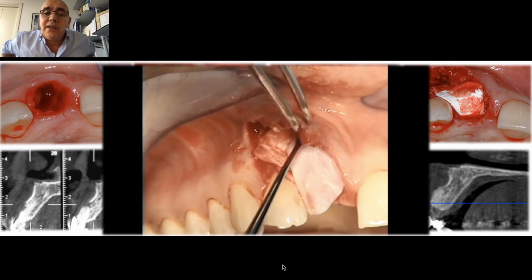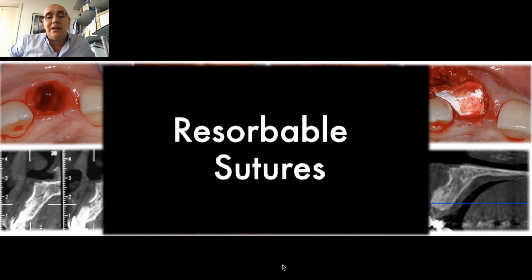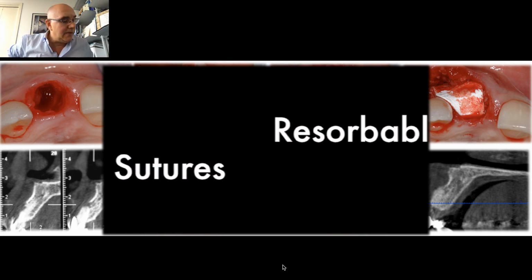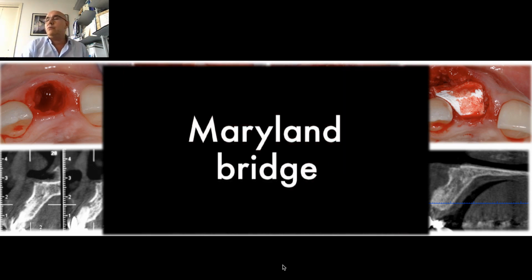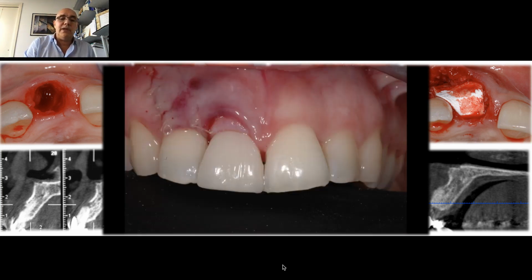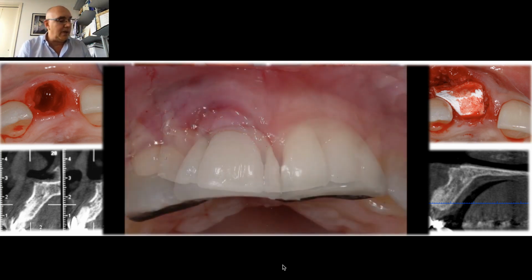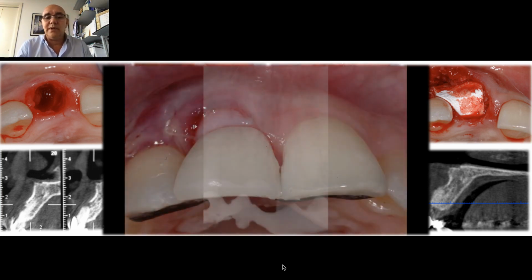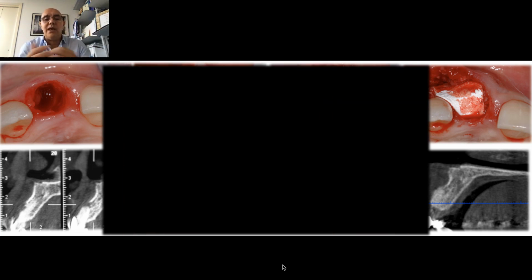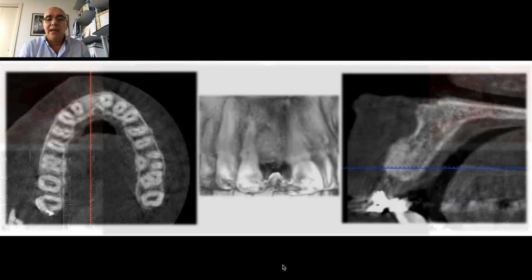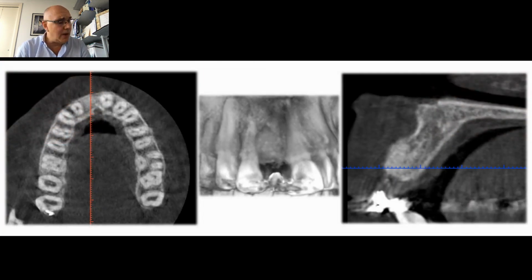See, we help each other with a tunneling knife. The tunneling knife is very, very useful in this situation, and with the resorbable stitches we set up the case, and then we just bond a Maryland bridge for the patient to go home and to see the bulk we created. You can see the graft is fully in the area of the extraction socket, and about 1 year down the line,